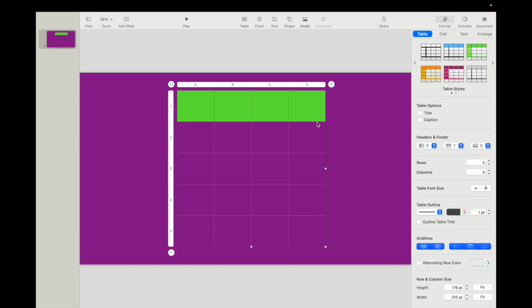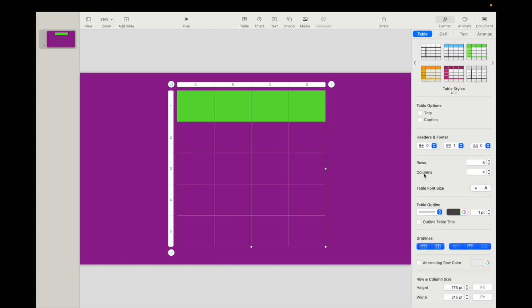Now, if you want to remove the amount of columns, so as I mentioned before, there's 4 columns. The simplest way to do it is to go to the top right here, press on the columns, then press on the down arrow. As you can tell, now there's 3, now there's 2 in regards to columns. Now, another way you can do that as well is to press on the table right here,